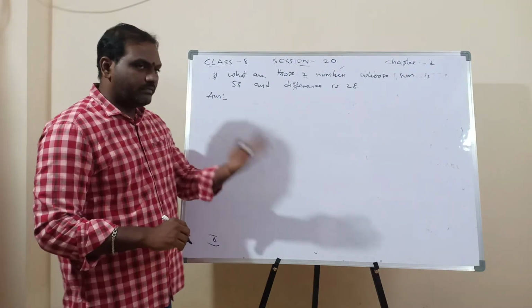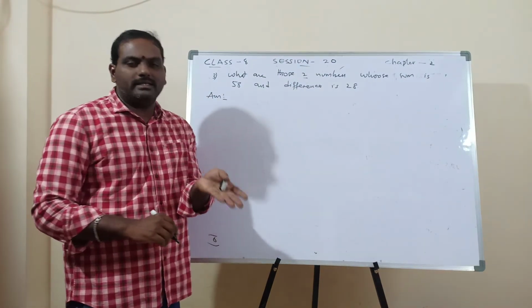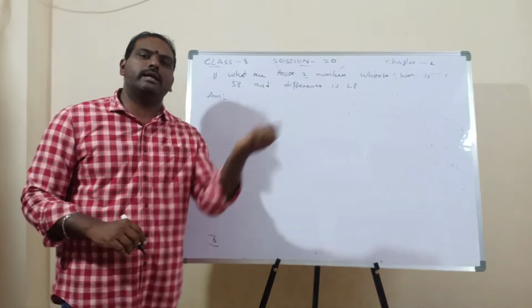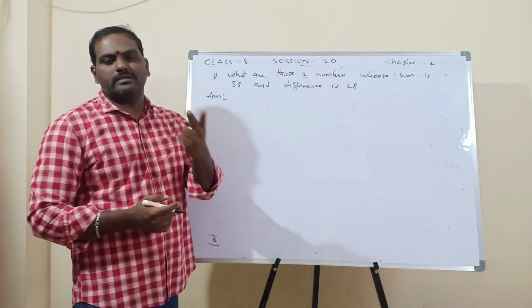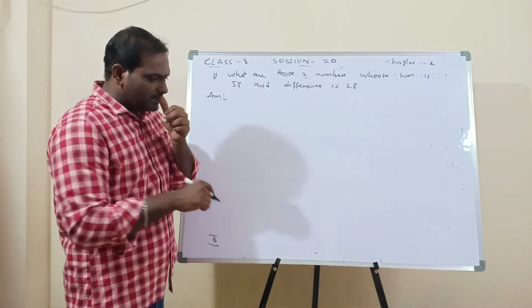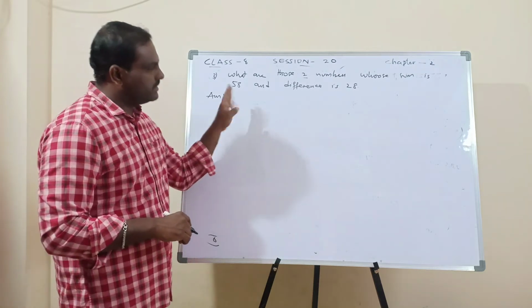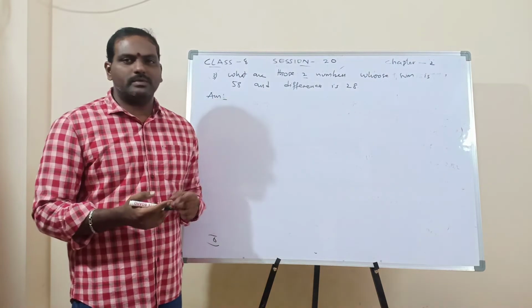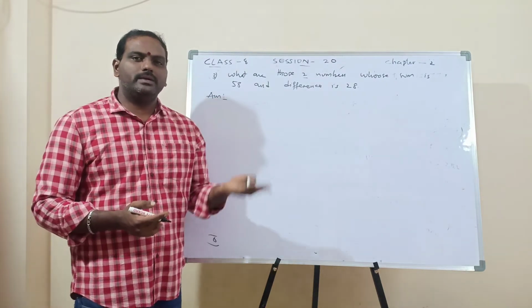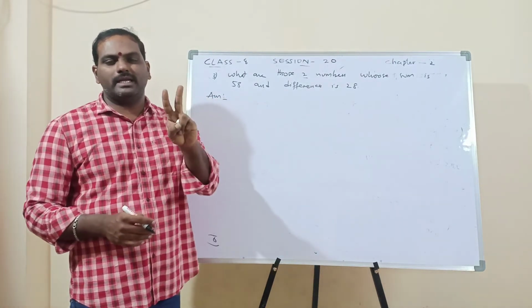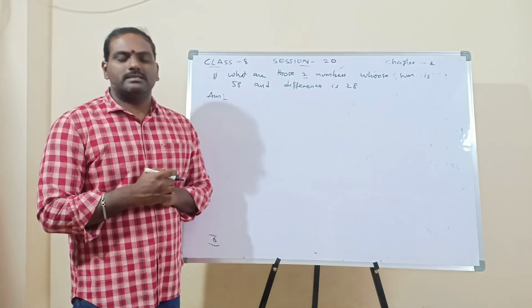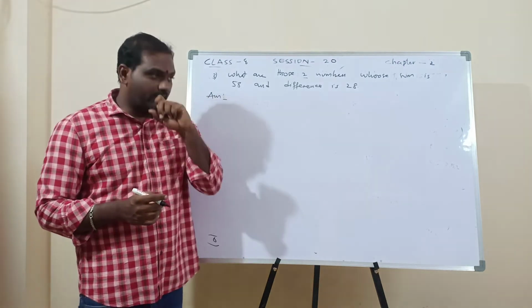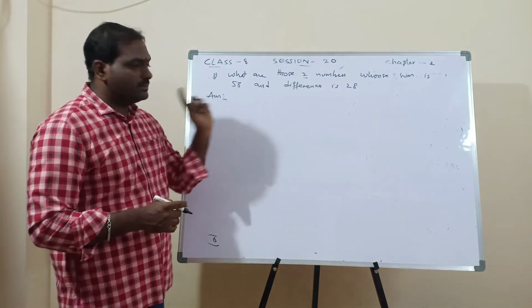So if the same question is given in 9th and 10th class, we have to follow another method, because we can solve with 2 variables. But since our chapter is only 1 variable, we have to follow this method only. If you ask your brothers or sisters the same question, they may explain in another way, taking 2 variables. But since our chapter is equation with 1 variable, we have to do it that way only.